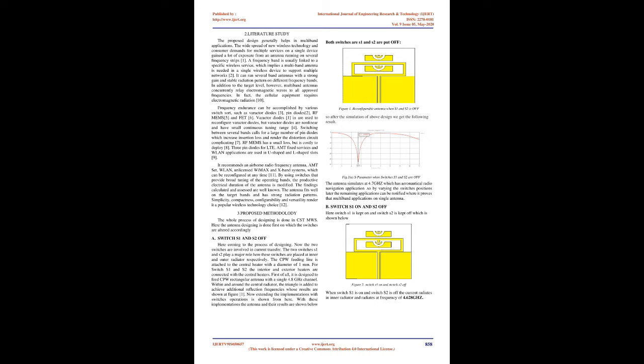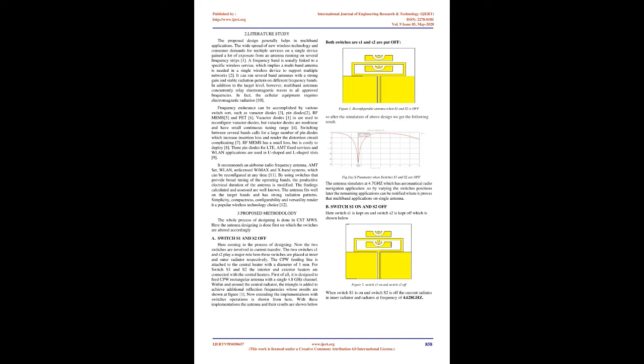In addition to the target level, however, multiband antennas can currently relay electromagnetic waves on all approved frequencies. In fact, the cellular equipment requires electromagnetic radiation [10]. Frequency tuning can be accomplished by various switch types, such as varactor diodes [3], PIN diodes [2], RF MEMS [5] and FET [6]. Varactor diodes [1] are used to reconfigure,